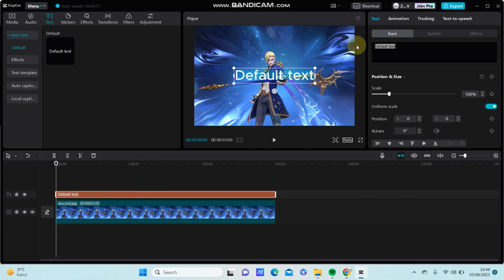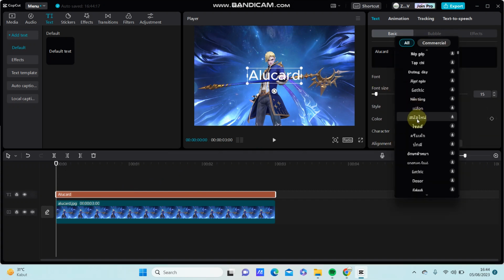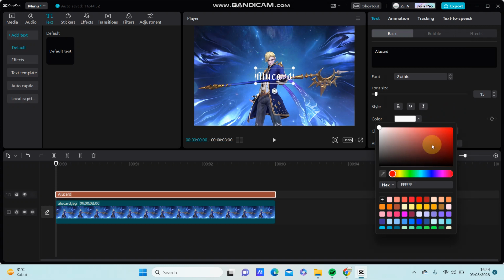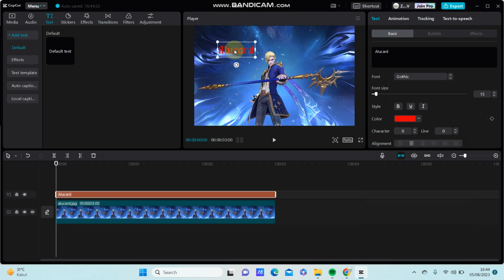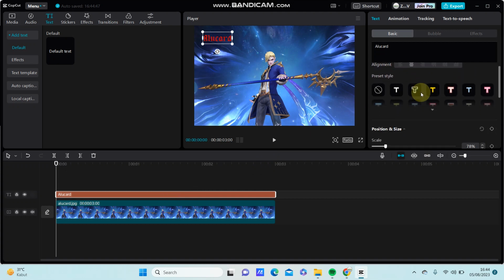change the text, and you can change the font style, font color, and font size. So after done, if you want to make the moving text, you can scroll to the right, scroll down, and you can find